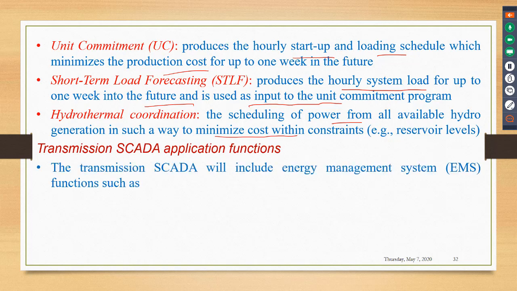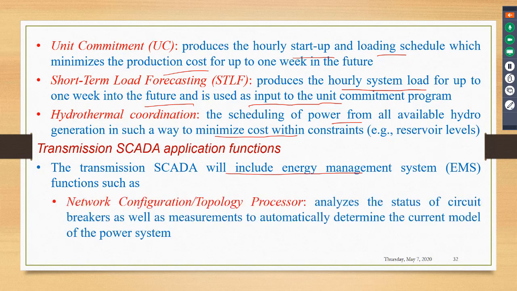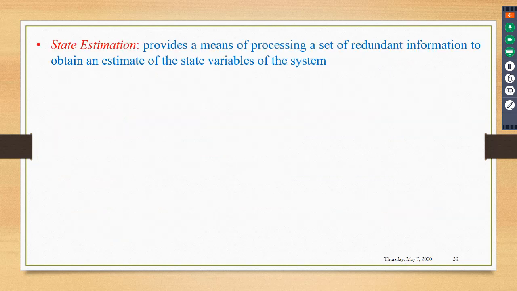The transmission SCADA will include the energy management system functions such as the network configuration or topology procedure. It analyzes the status of the circuit breakers as well as the measurements to automatically determine the current model of the power system. Then the state estimation, this is very important. It provides a means of processing a set of redundant information to obtain an estimate of the state variables of the